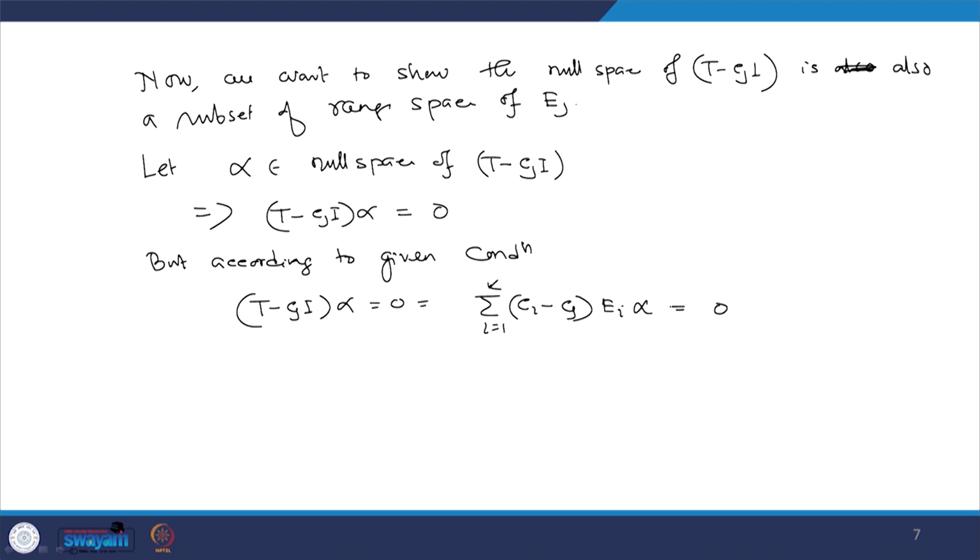So, this implies sigma i equal to 1 to k (Ci minus Cj) Ei alpha equal to 0, because T is equal